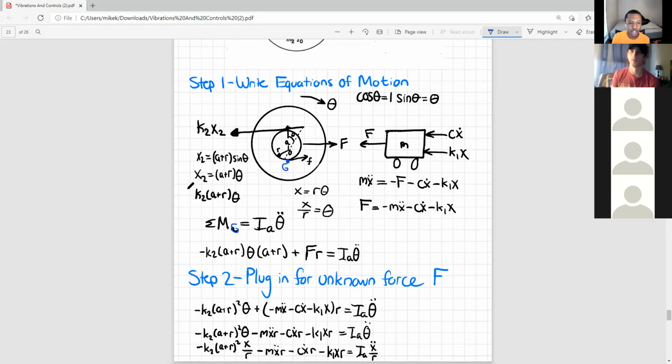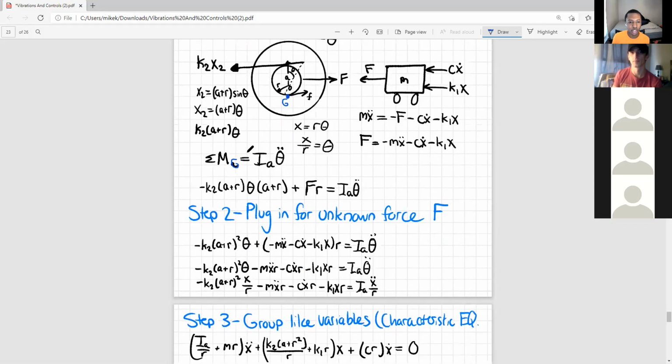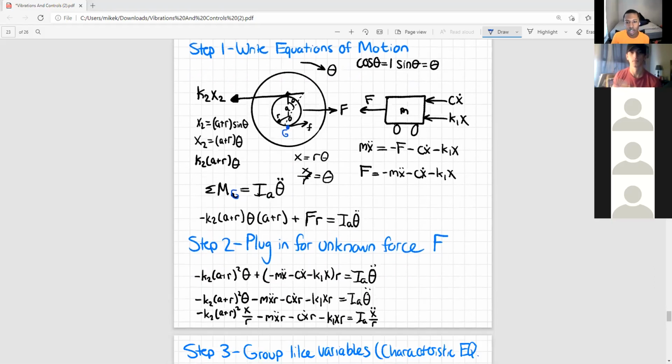I think somebody asked me to go over this equation of motion really quick, so I'll do that now that the part's here. So we drew this, we covered this, we had this in the first slides. The thing we were missing was this moment equation, and we took our moment around the ground, right? Because we didn't want to deal with this friction force. So when we take our moment around the ground, you'll have